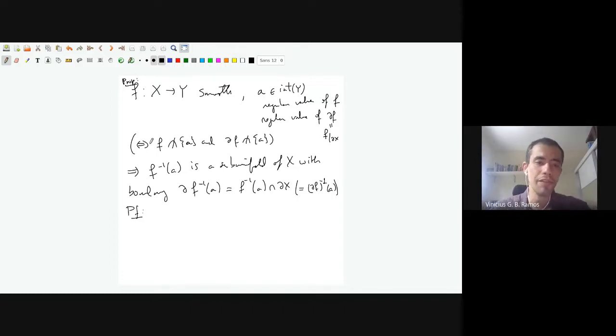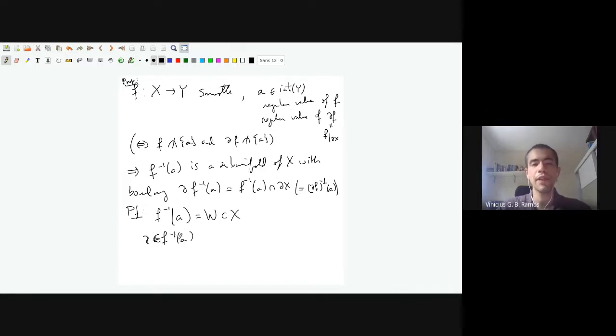So, basically, if you just know that f is transverse to a, if a is a regular value, then you can look at the preimage of a, and since a is a regular value, this will be a submanifold, more or less. I mean, basically, it is a submanifold, but what you don't know is you don't have any control over the boundary. So to prove this, you can do the same thing that you do in the case with no boundary. So you just take a point here,